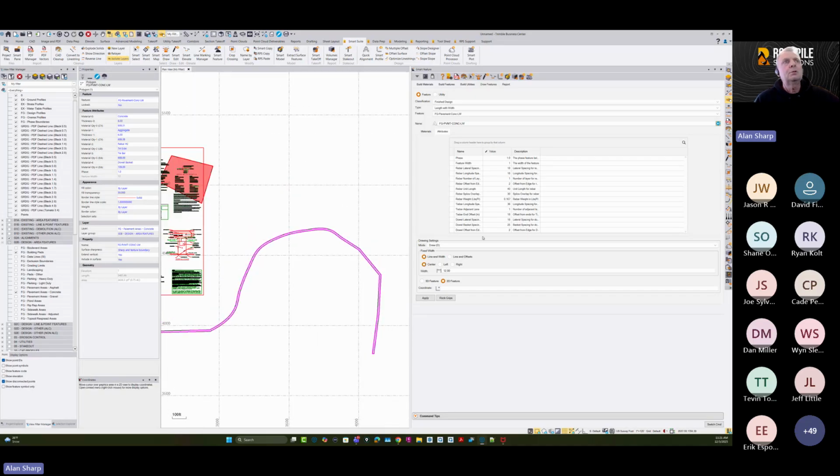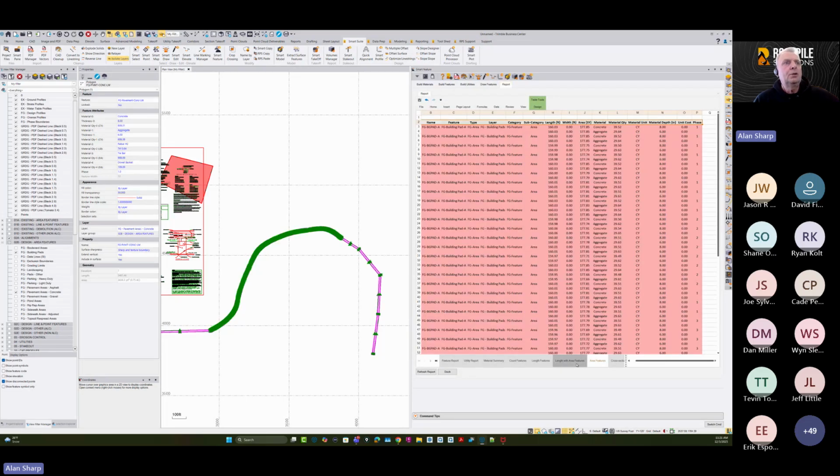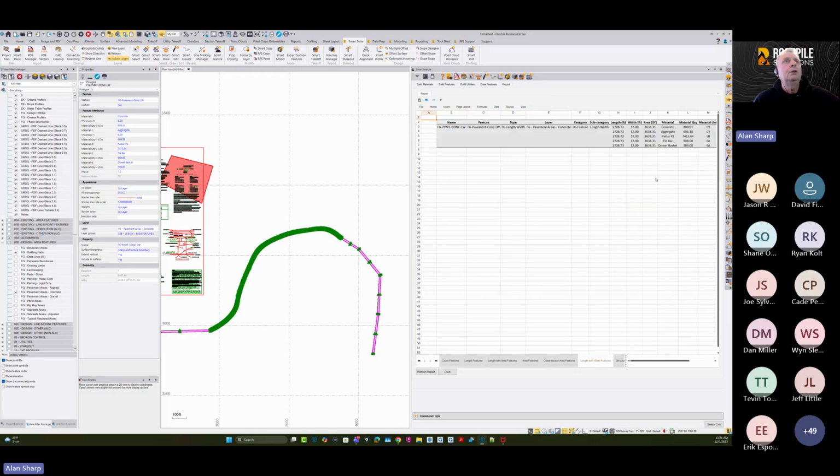So you put in all the parameters, and once you've done that, it will then calculate all the quantities directly on the object. And again, if I go to the report and I go to the length width features here, I can find them. Length width area, length width features. So in here now you've got the full report of all the materials that go into that object there. And if I hit the refresh report button again and I go to the material quantities, once that comes back,